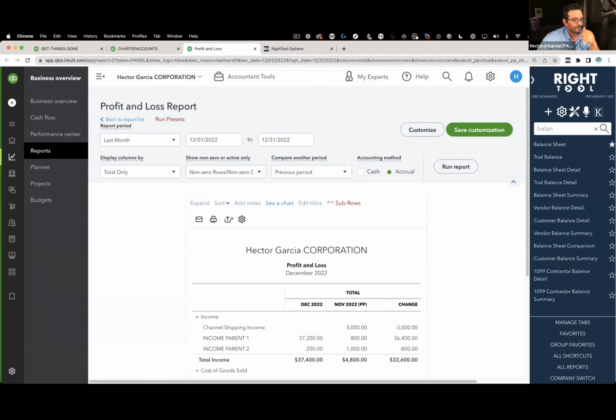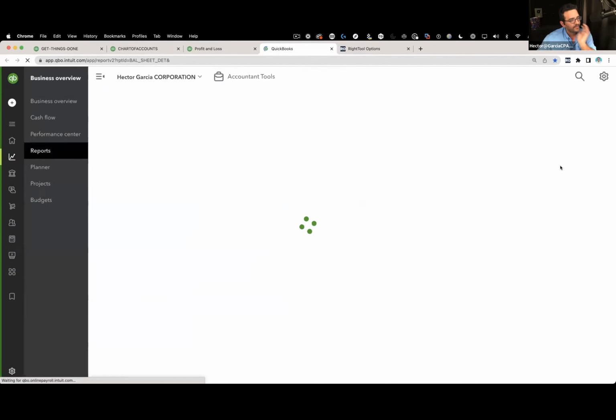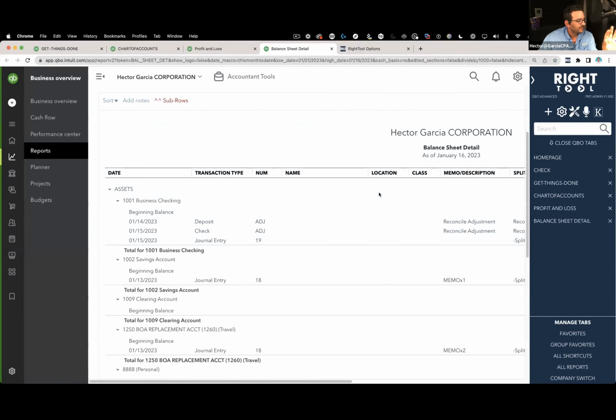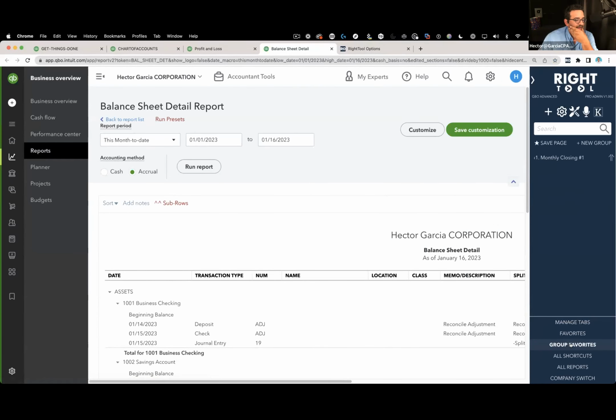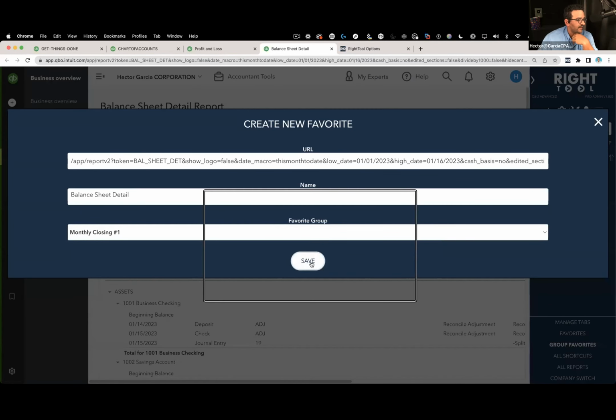Next thing is I'm going to put my balance sheet, let's say balance sheet detail. And again, I'm just giving you examples. I'm pulling up a whole bunch of things. I customize the report the way I want it. I go back into group favorites and click on save page, add that into monthly closing number 1, click on